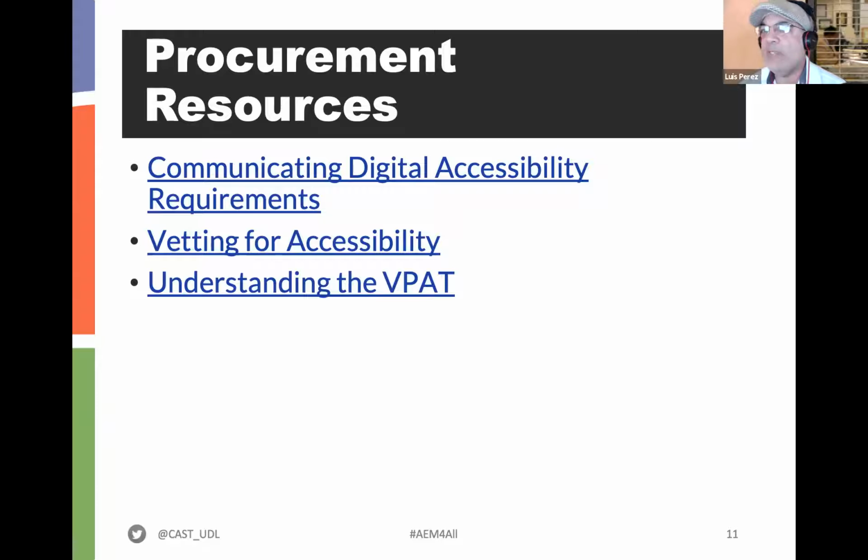We have a page on vetting for accessibility. As you evaluate resources, what are the questions you should ask to make sure that every learner has a good experience? We've used the four POUR principles from the Web Content Accessibility Guidelines to organize those questions: perceivable, operable, understandable, and robust. Those are four qualities that we want to look for in an accessible experience.